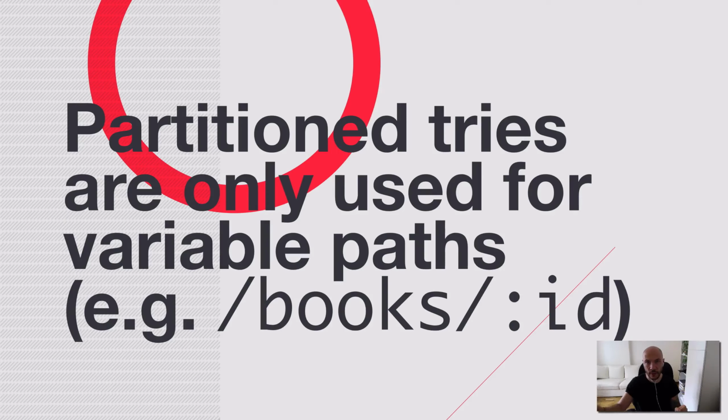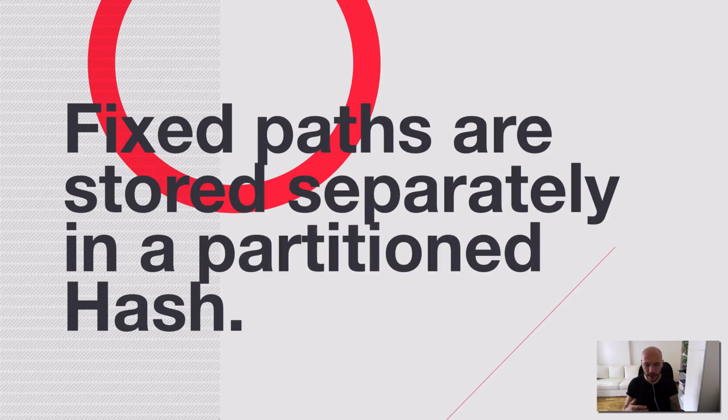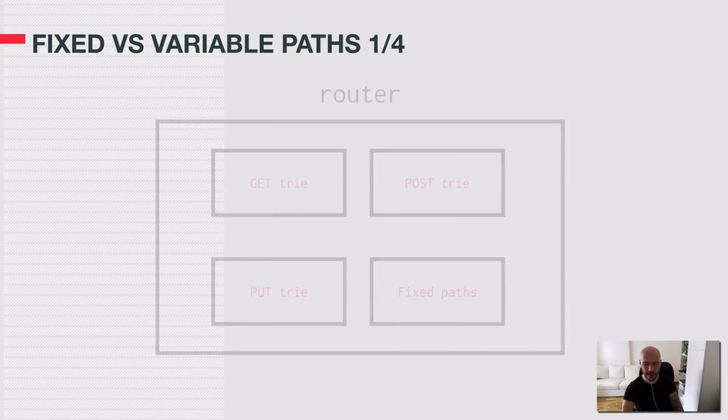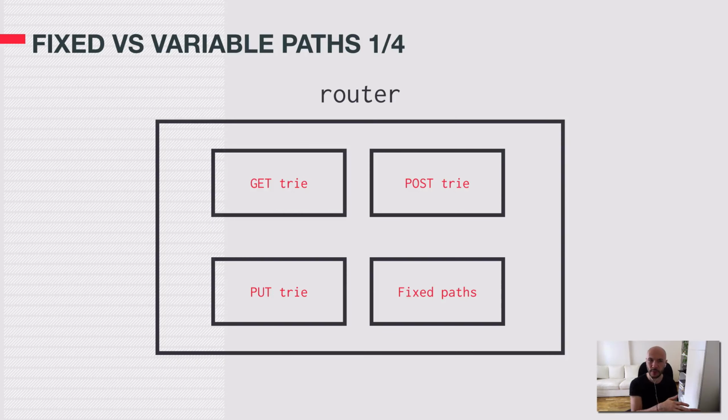Because book IDs require runtime interpolation and regular expression matches, whereas fixed ones are just "give me this route, I know where to find it exactly." Again, it's like a hash, right? You already have the key, you can get back what you're looking for just by asking the hash. So they are stored separately, and what I did is basically have the previous partitioning